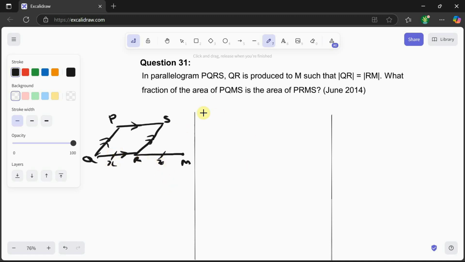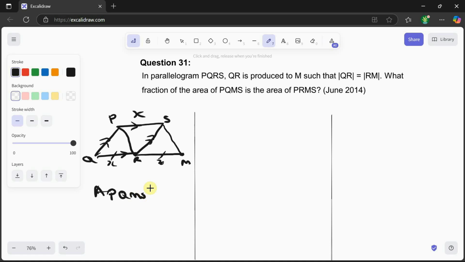It now says what fraction of the area of PQMS. So they've already joined this. PQMS is the area of PRMS. So there is a line here too. So this is X, this also will be X. We know that already because there are two parallel lines. So this is the diagram. If you don't draw the diagram and it's a theory question, how did you even get the answer? Right. So we're looking for the area of